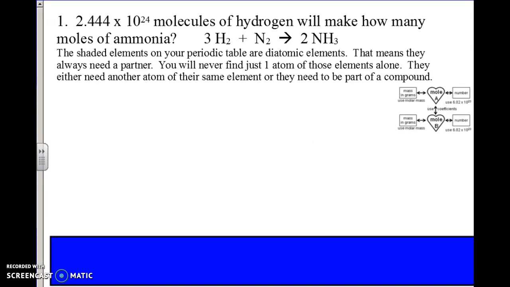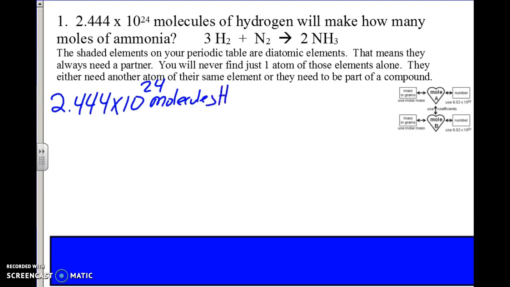So in this particular problem on the 45s, it says there's 2.444 times 10 to the 24th molecules of hydrogen, and how many moles of ammonia could you make from that? That's assuming that you have enough nitrogen, and there's plenty of nitrogen in our air. So you're going to start off with what they give us, the 2.444 times 10 to the 24th molecules